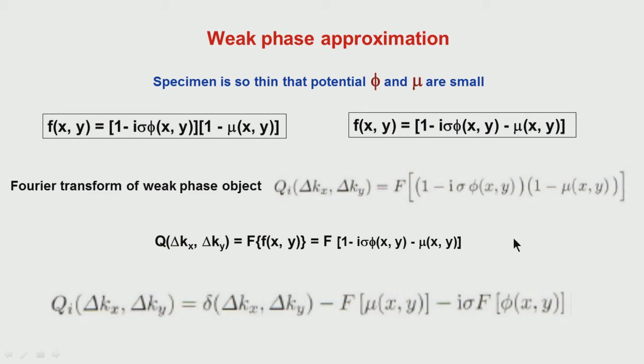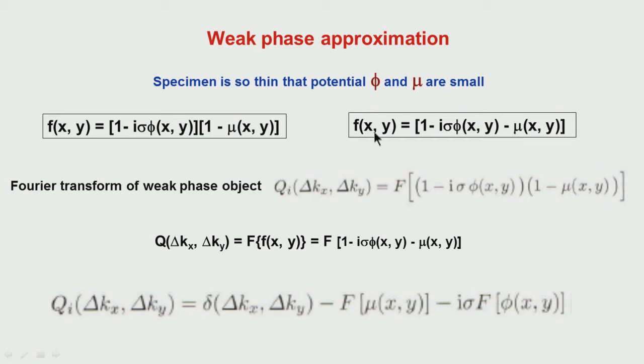Okay. It has been noticed that this sort of approximation works very well in many cases, but realistically, for a uranium atom, the size of the atom is such that the thickness of the sample for this approximation to be valid turns out to be smaller than the atomic radius. So, there are some limitations, but what has been noticed is that this has been working very well in the case of most materials, and it has been used in many of the computer programs which are used to simulate the images as well.